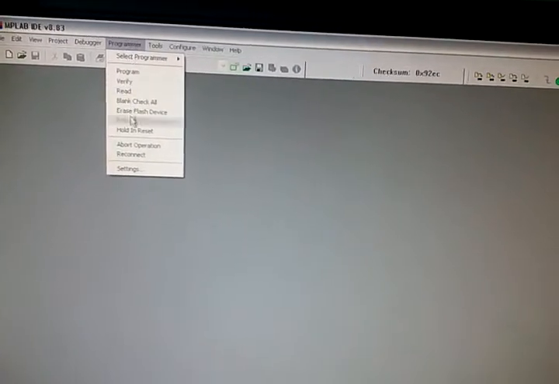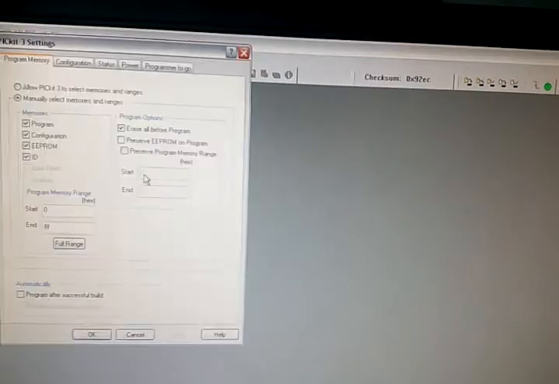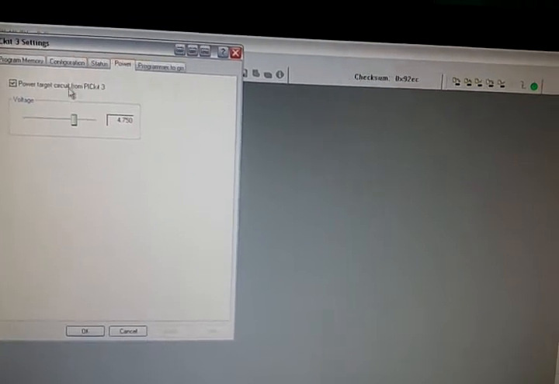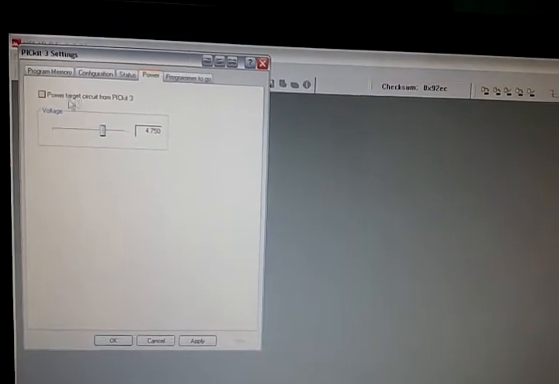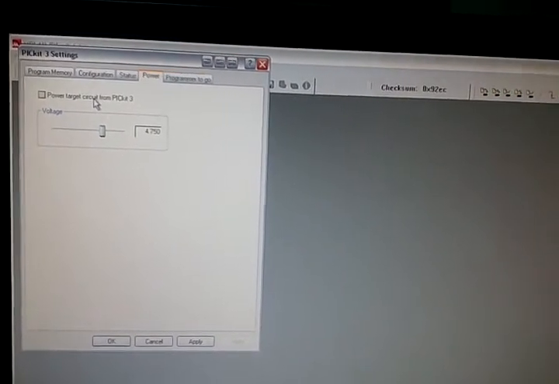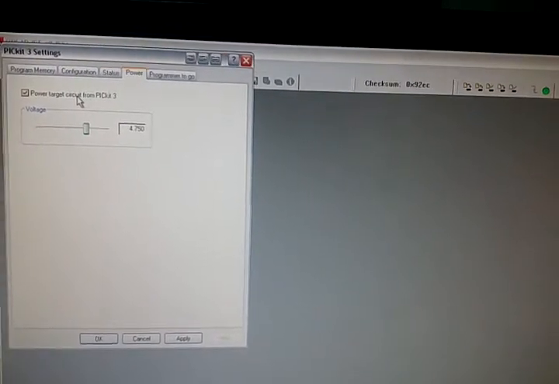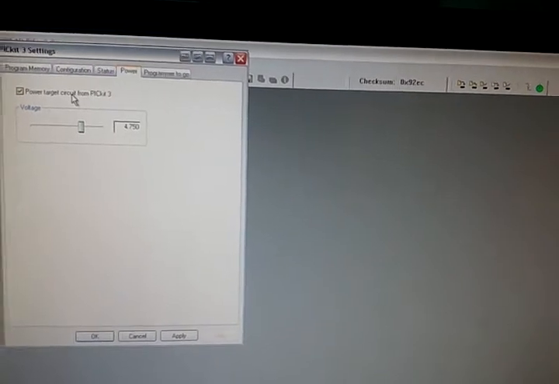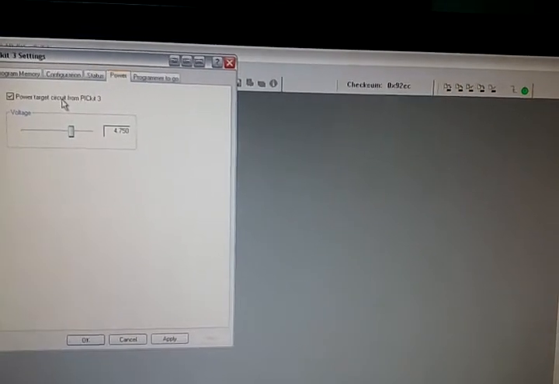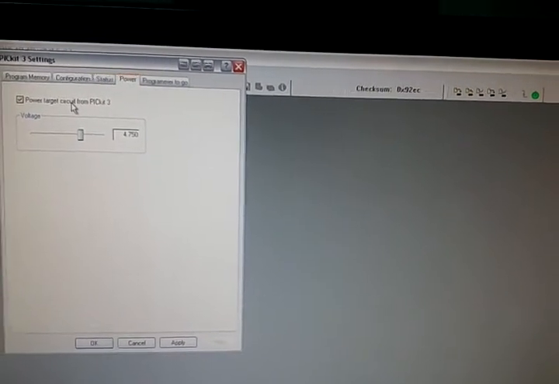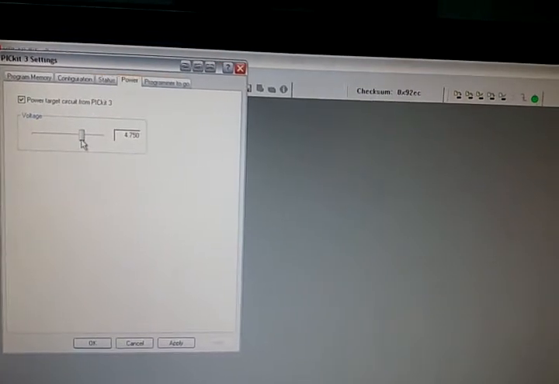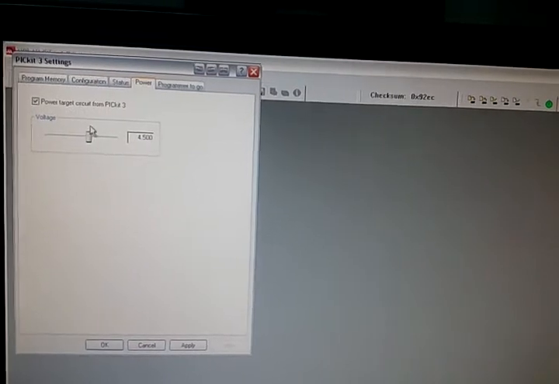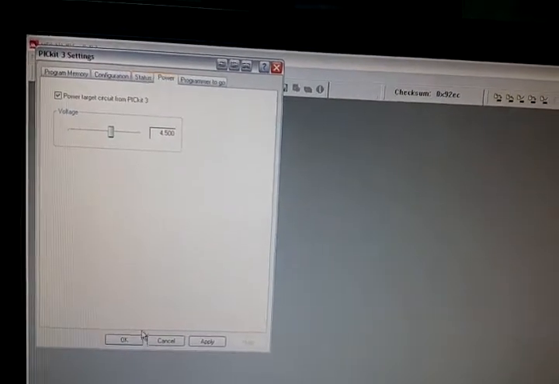And then we go back to Programmer and we say Settings. And the thing we want to change is we want to go to the Power option, and we want to tell it to power the target circuit from the PICkit. What this does is it actually allows the PICkit to provide power to the module during programming. That way we don't have to have a battery or any type of power source hooked up to the module in order to program it. And you want to slide this slider to 4.5 volts for this to be successful. So we hit OK,